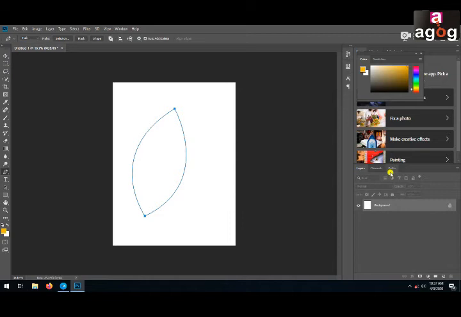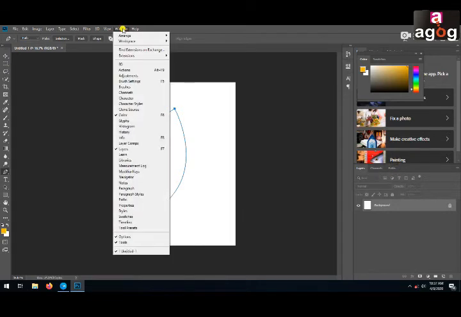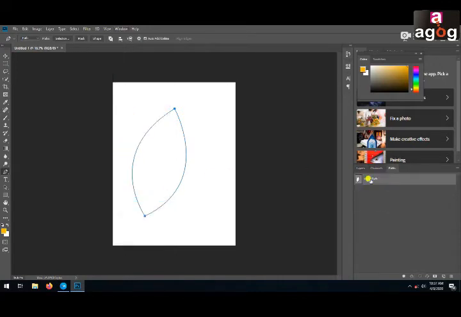If you don't see your Paths panel here, you can go to Window and choose Paths. So the first layer in your Paths panel, you can see a Work Path. Work Path refers to the path on which you are currently working. So you can modify it, move it.